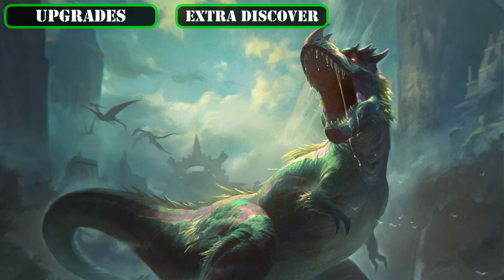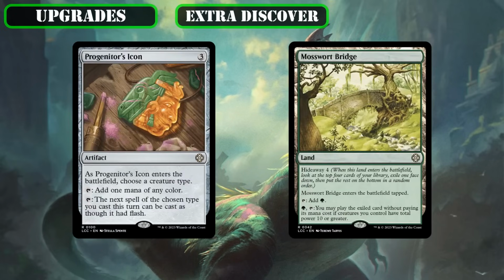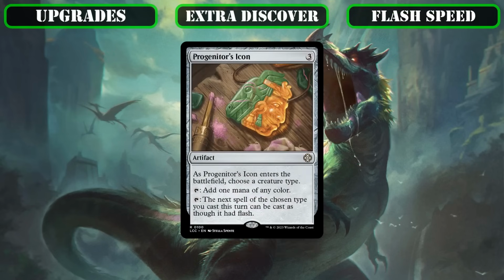So we'll then be adding those means to our build in either the form of A, using our gigantic ramp package to hardcast our dinos at flash speed, or B, cheating our dinosaurs into play on our opponent's turns through other means. Starting with option A first, we'll be supplementing the core build's only other source of flash speed casting